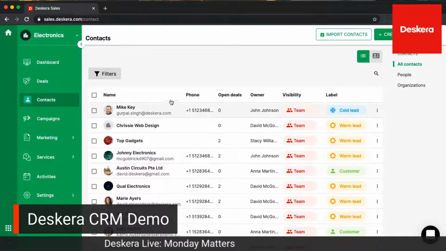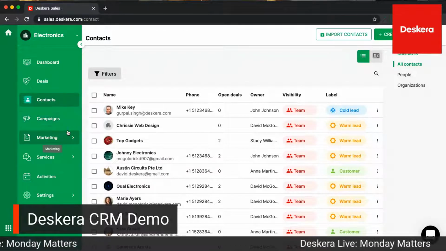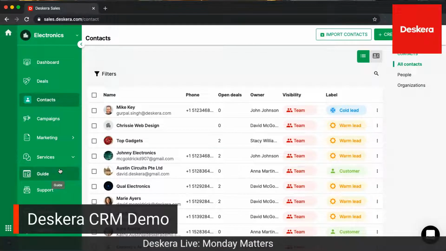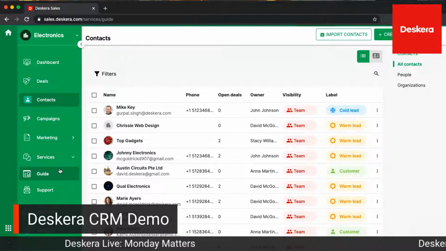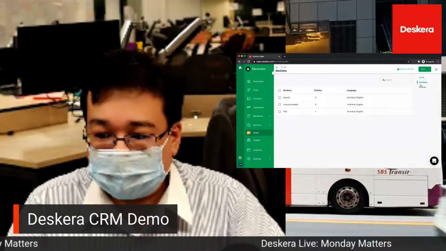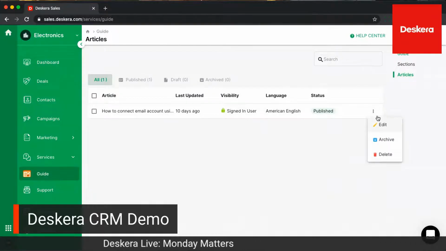Yes. Excellent. Next, let's go down here. We already saw campaigns earlier from that wonderful video. Let's go to services. Inside here, you can see your guide. So inside here, I can see my different sections. I can see my articles. Just one thing I'd like to mention inside here, because sometimes it's missed,